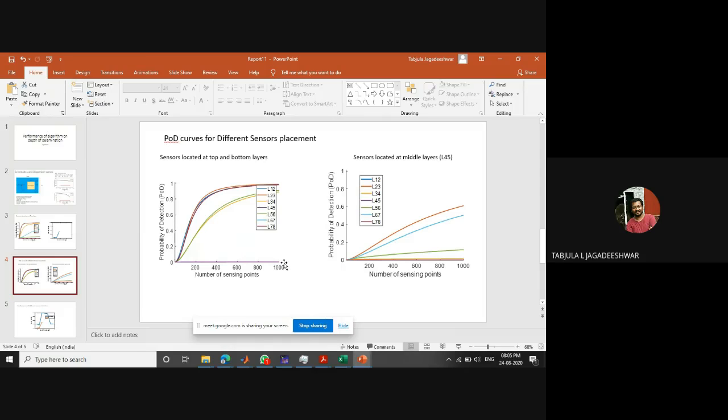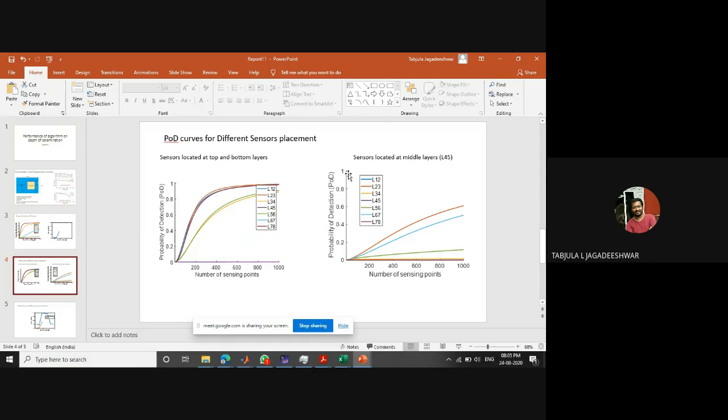Irrespective of top or bottom, our algorithm is not able to pick up the delamination which is located in the exact middle. The reason could be this: since it is a mid layer, the impedance mismatch may not be that good to provide the energy trapping there. That could be the reason.